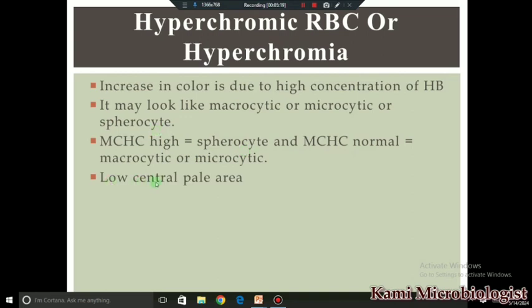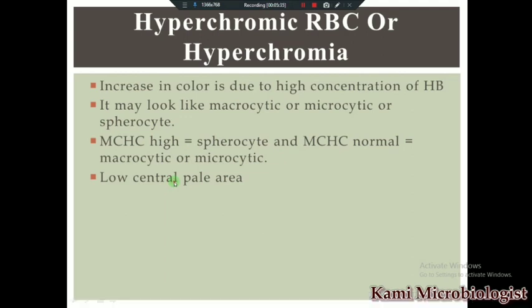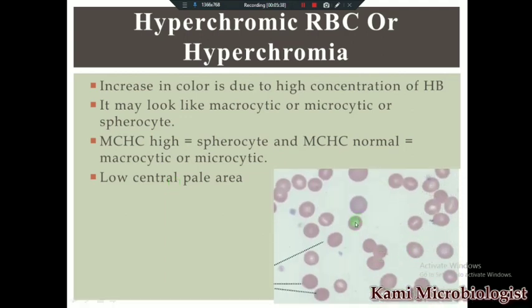Fourth point says that low central area means that the RBC have very low central area. So in case of the hyperchromic RBC, they have very low central pale area. If I show you the picture, so this is the picture. As you can see, this is the hyperchromic blood picture, hyperchromic RBC picture. It means, as you can see, that very little pale area is present at the center of the RBC,